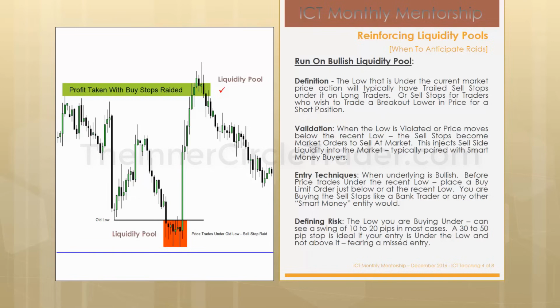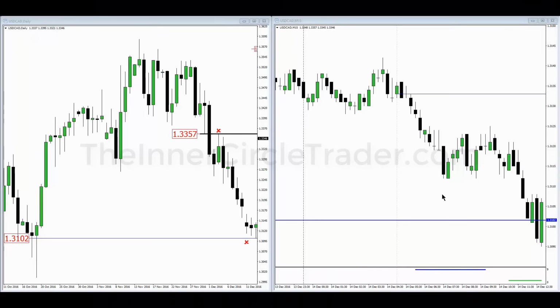So let's take a look at the charts themselves, and we'll go over a couple of examples. Okay, folks, we're looking at the Canadian dollar, US CAD pair. On the left-hand side, we have a daily chart. And I want you to take a look at the bodies of these candles over here. And we're going to look for a sweep below the bodies of those candles. Okay, so there's sell stops below these lows, and we're using this previous day's candle low, and that low comes in at